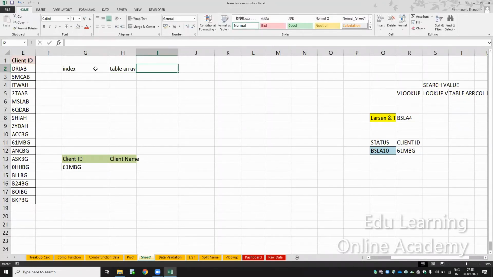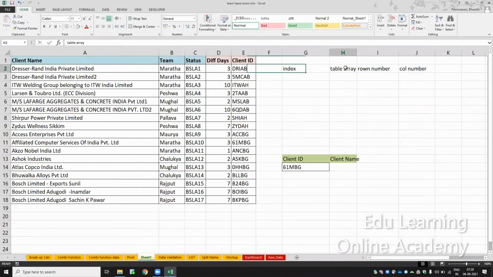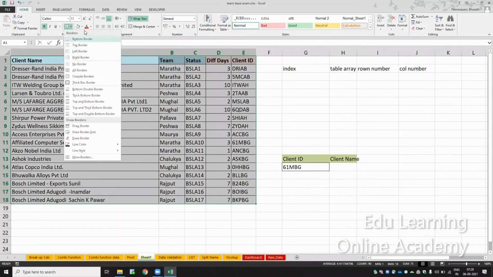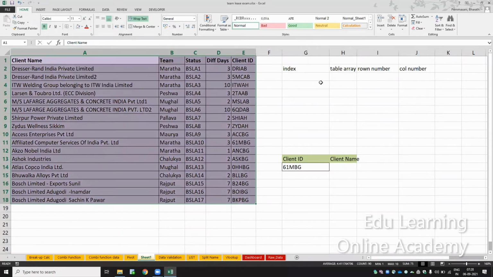The syntax is table array, then row number, column number. What index does is, first we have to select the table array. I've selected this table array.